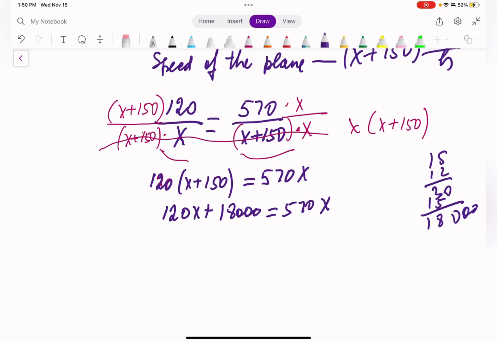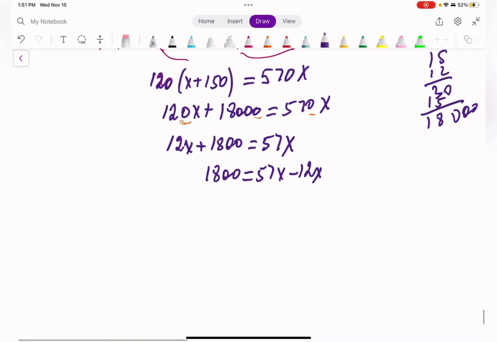Look here, I have 10 here, 10 here, 10 here. I can divide the entire equation by 10, which is getting rid of the 10, just to make it easier to solve. I'm going to get 12x plus 1800 equal 57x. From here, 1800 equal 57x minus 12x, and we are getting 1800 equal